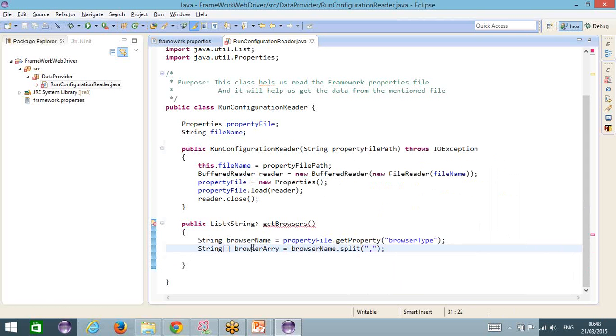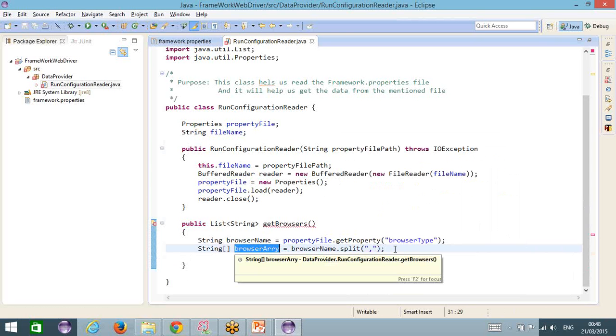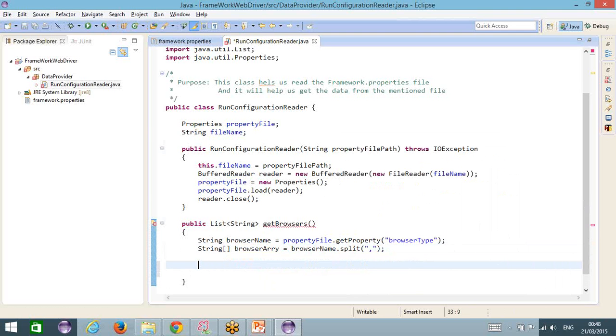Now what has happened is that I got the individual elements as an array of string. Now all I have to do, as this function returns a list, is create a list of